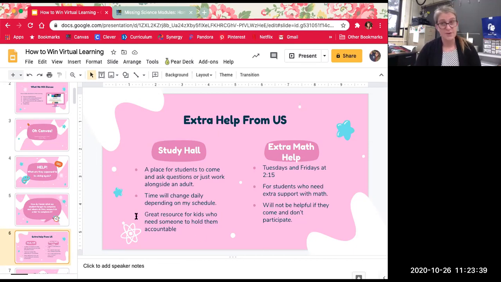Another resource I'm providing is extra math help. I give extra math help on Tuesdays and Fridays at 2:15. We go over either assessments from the week before, we go over missed skills. Sometimes I ask them what they want to go over, what they feel like they need more practice with. This is a great